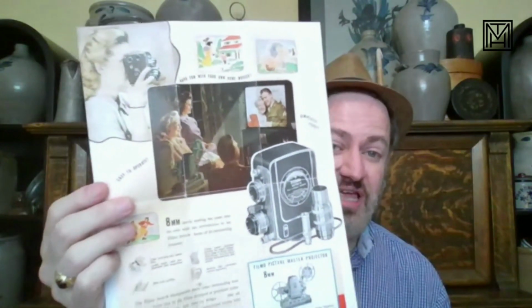Ephemera is great to collect. Ephemera is great to study, and it's just a nice little time capsule of whatever it is that you've got, like this camera. But I am Trusty Huckster. I am all about selling. Things like this look fantastic framed. So if you put this in just a black frame floating on a piece of black construction paper behind you,